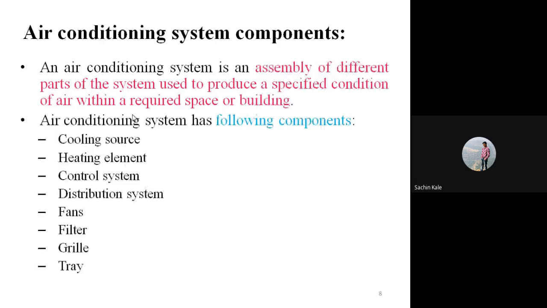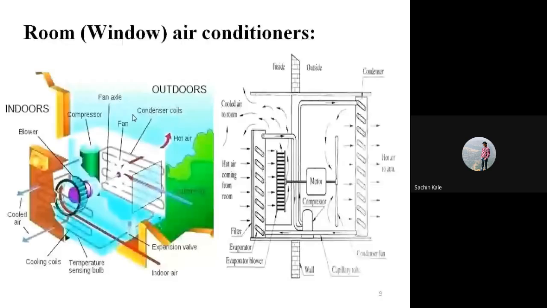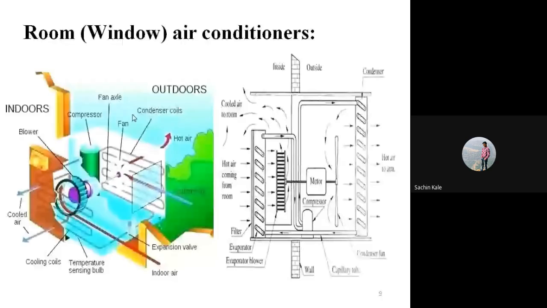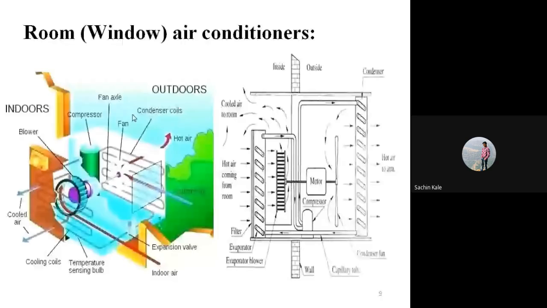this is the picture of a room air conditioner, or that is also called a window air conditioner. You know that a window air conditioner is always situated in the window, and that window air conditioning system will consist of basically four components only. That is the compressor, condenser, expansion device, and evaporator. And along with that, some accessory parts are there. Here, if you see,